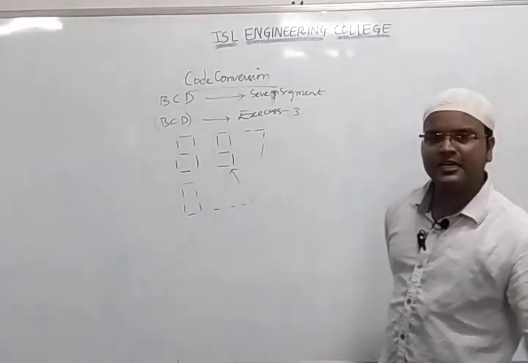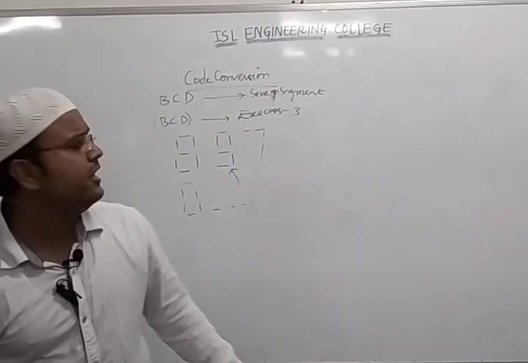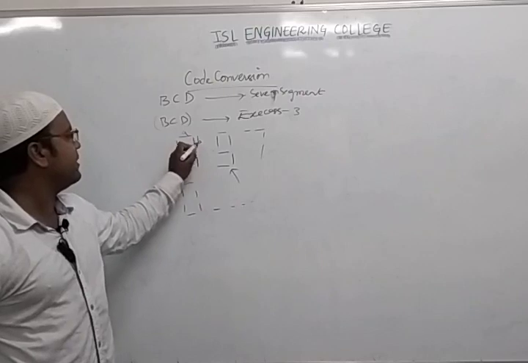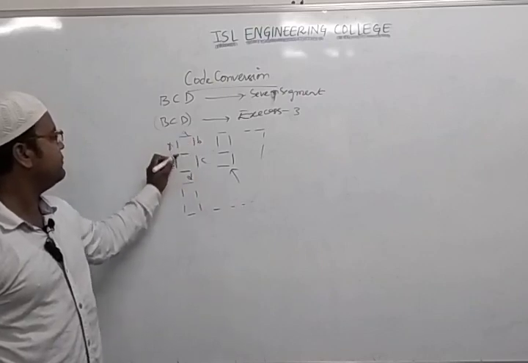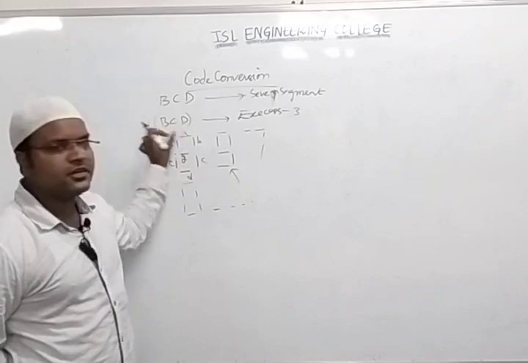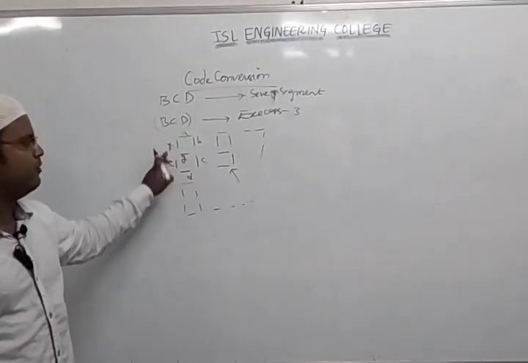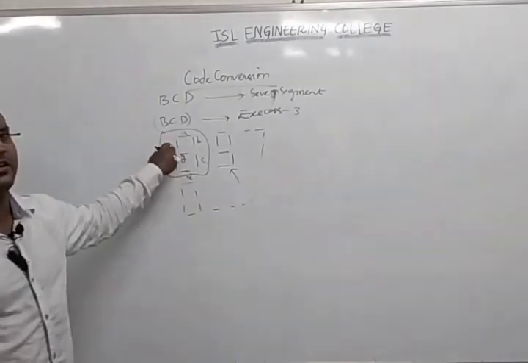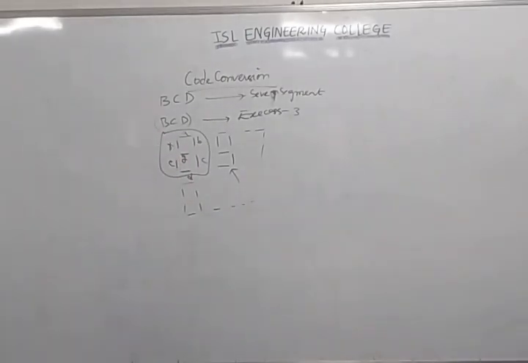These digits are formed from segments labelled with the letters A, B, C, D, E, F, G, and each segment is considered with specific values. How many segments do we have? 1, 2, 3, 4, 5, 6, 7. Total 7 segments. We want to consider that 7 segment, and how to convert it into BCD code. That is what we are going to consider in today's class.